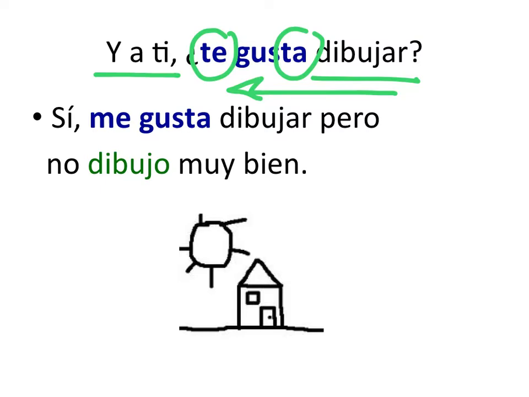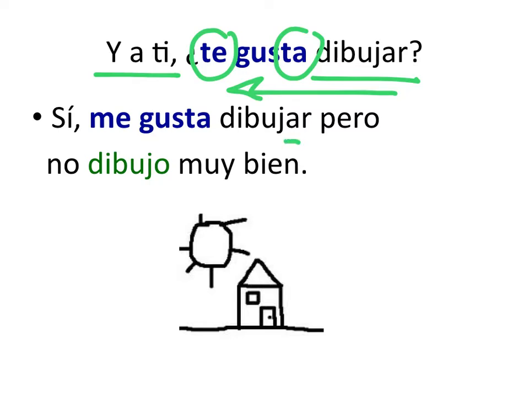Okay? ¿Entienden? Pregunta. Is there a name for this type of verb? You know what? It's actually the verb gustar, and then we're going to learn other verbs like this, and they're going to be categorized in the book as verbs like gustar. So there's really not a technical term for that. We're just going to build off this. Gustar verbs, exactly.